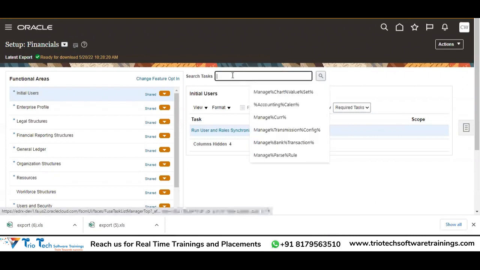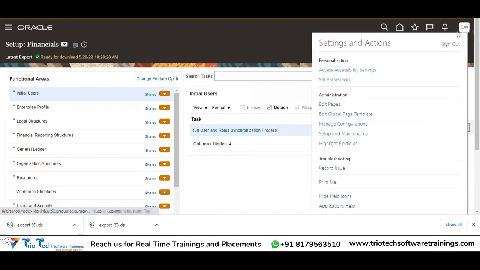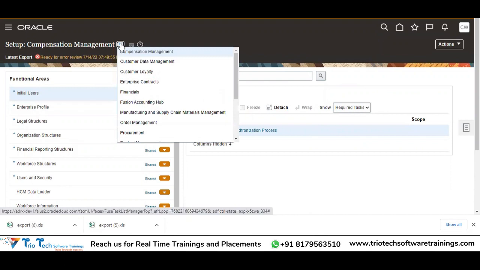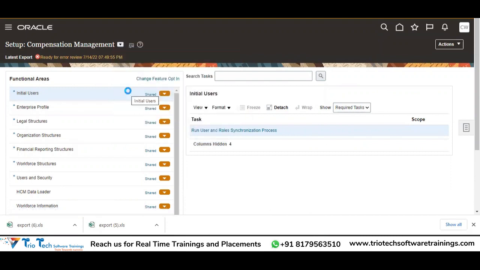Fine. Now, financials. We have come to financials from the setup and maintenance. Where is the setup and maintenance here? Under settings and actions, setup and maintenance. So it will take us to this page. Then we need to click on this drop down, which is for the offerings. Select financials, and you will have all the